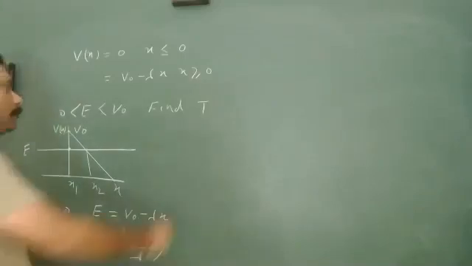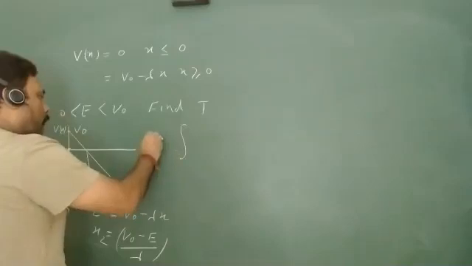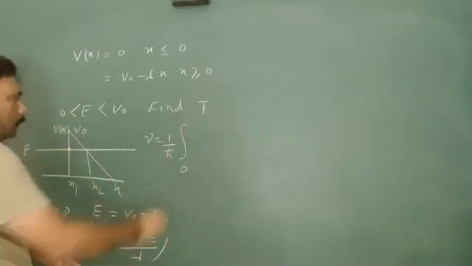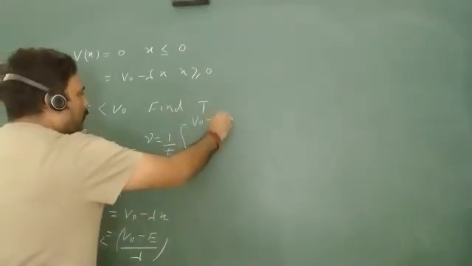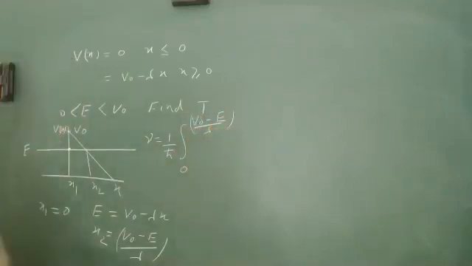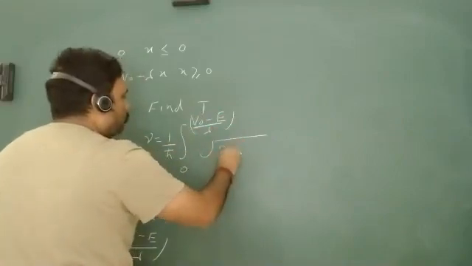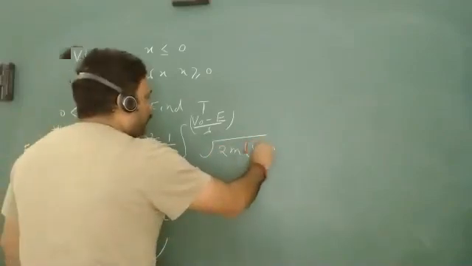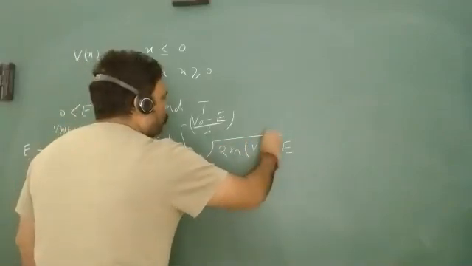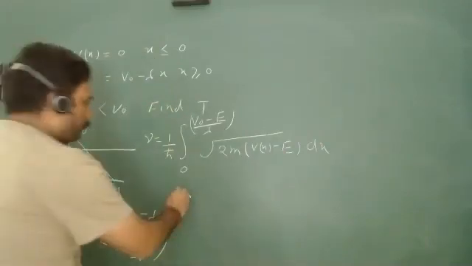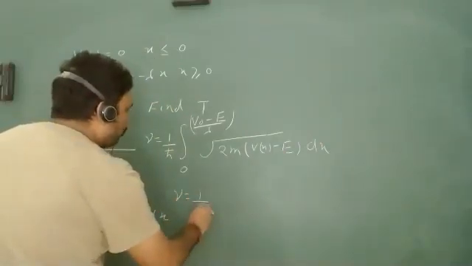So what do we have to do? We have to just go for integration. We have to calculate gamma, 1 upon h cut, and go for integration from 0 to V naught minus E upon lambda. And what is this value inside the bracket? We have 2m, and for V we have to write V(x) minus E because we have to go for this kind of situation. Isn't it? This is the value, and we can find gamma is equal to 1 upon h cut